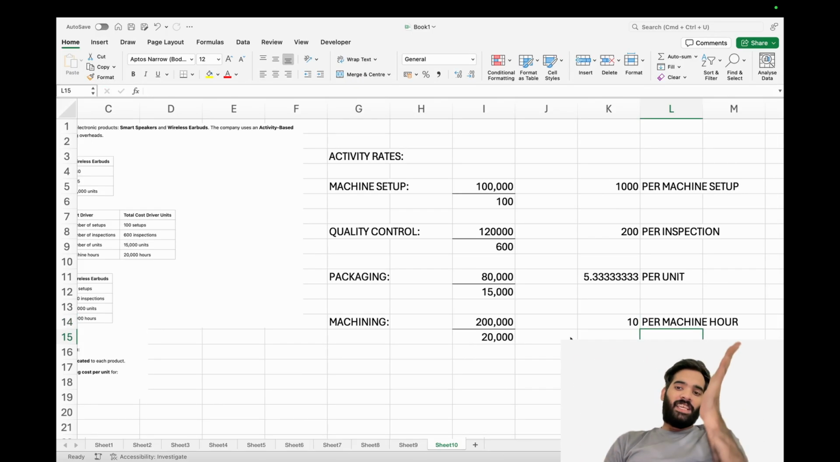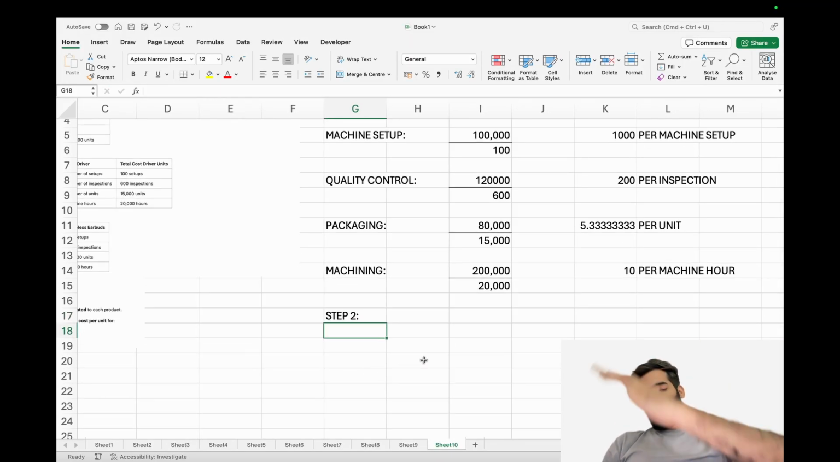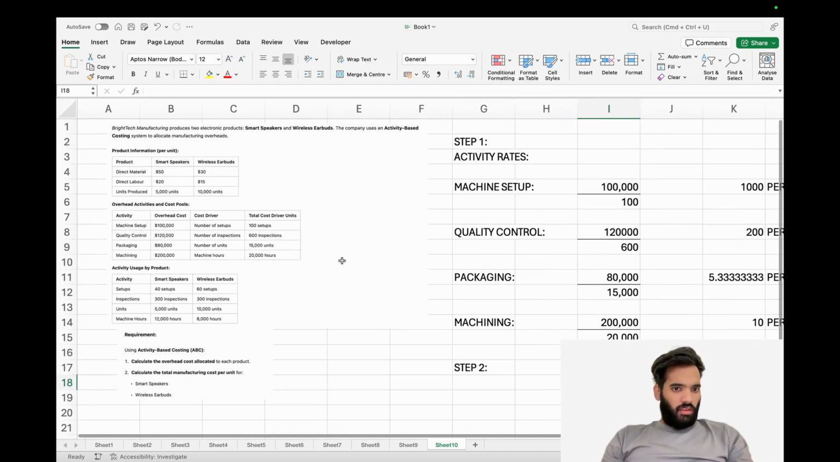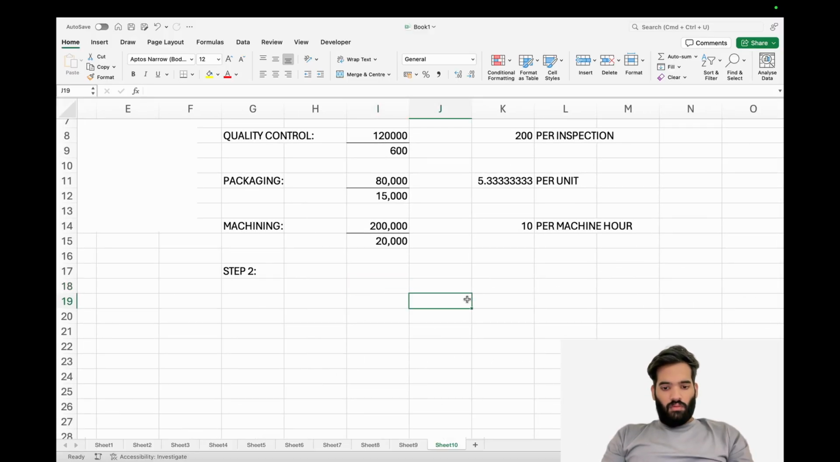Now we multiply each rate by how much cost driver was used by each product. Again, if it doesn't make sense at the moment, don't worry. Once I finish this, it will be clear, because you will have seen it with your own eyes. So step 2 is we now have to multiply. I would recommend this approach: write the names of the products on the columns to make it easy. So we are making two products, smart speakers and wireless earbuds. So we'll do smart